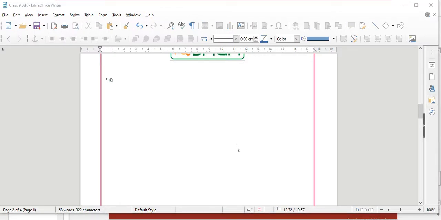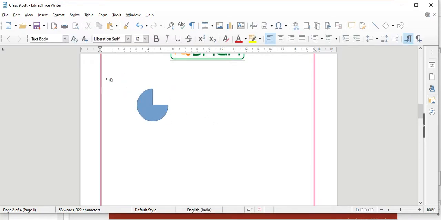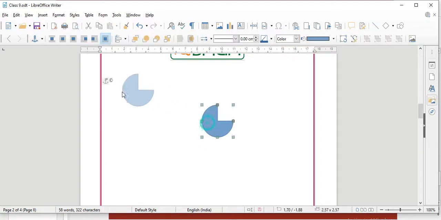When you have selected your shape, this plus sign will appear on your screen instead of the cursor. Click and drag your mouse. The shape will appear. Later you can move it wherever you want.